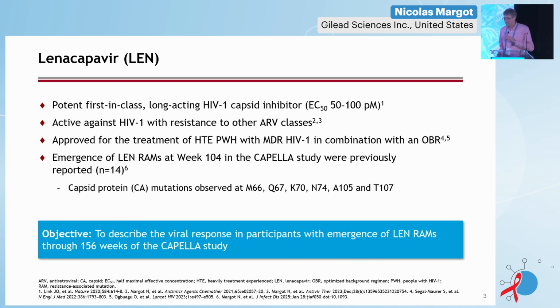So Lenacapavir, or Len for short, as you all know, is a potent first-in-class long-acting HIV-1 inhibitor with picomolar activity, which is active against HIV with resistance to the other ARV classes. It's been approved for the treatment of heavily treatment-experienced people with HIV with multi-drug resistant HIV-1 in combination with